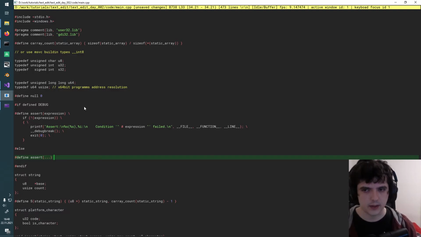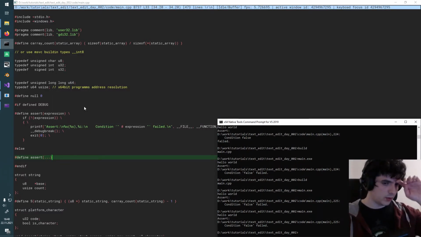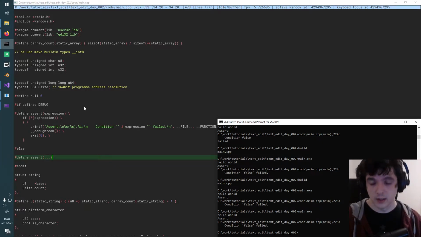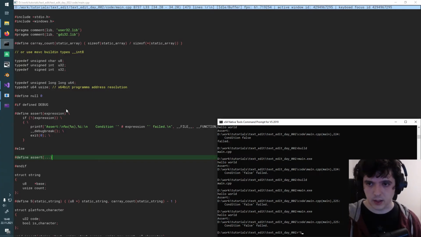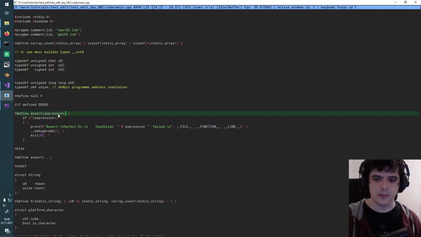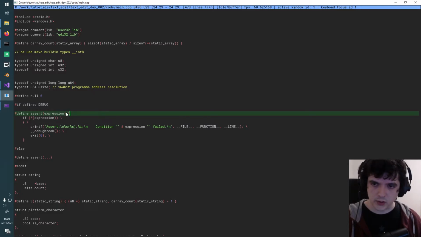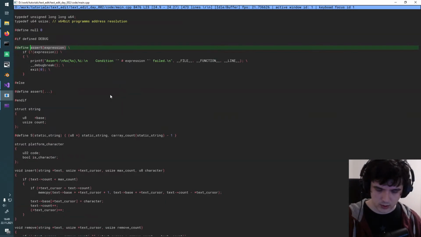To be replaced with nothing. So if we ever choose not to compile with debug information, all these assertions will go away. They're just a tool to help us while developing algorithms and make sure that we didn't make any mental mistakes. So these are just some sanity checks basically in our code, and also reminders on how to use specific points